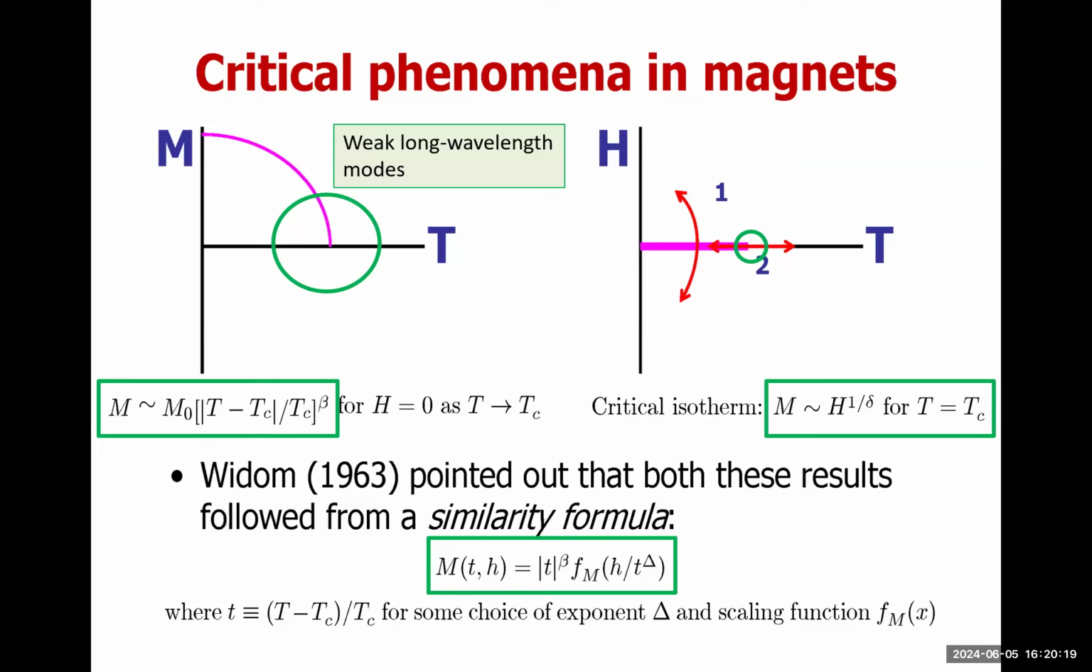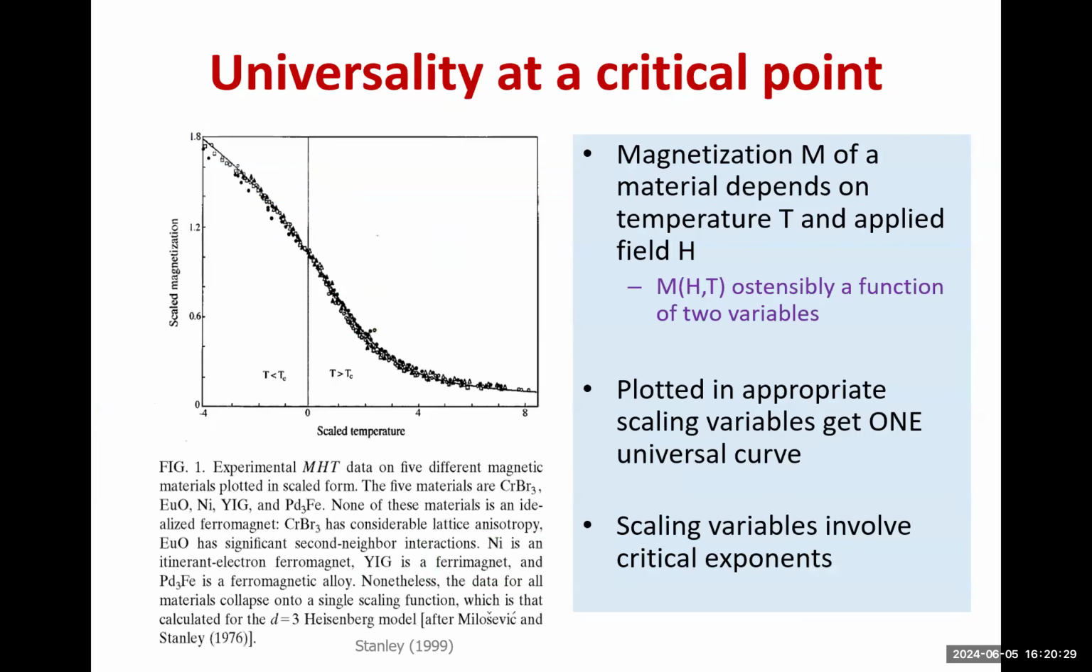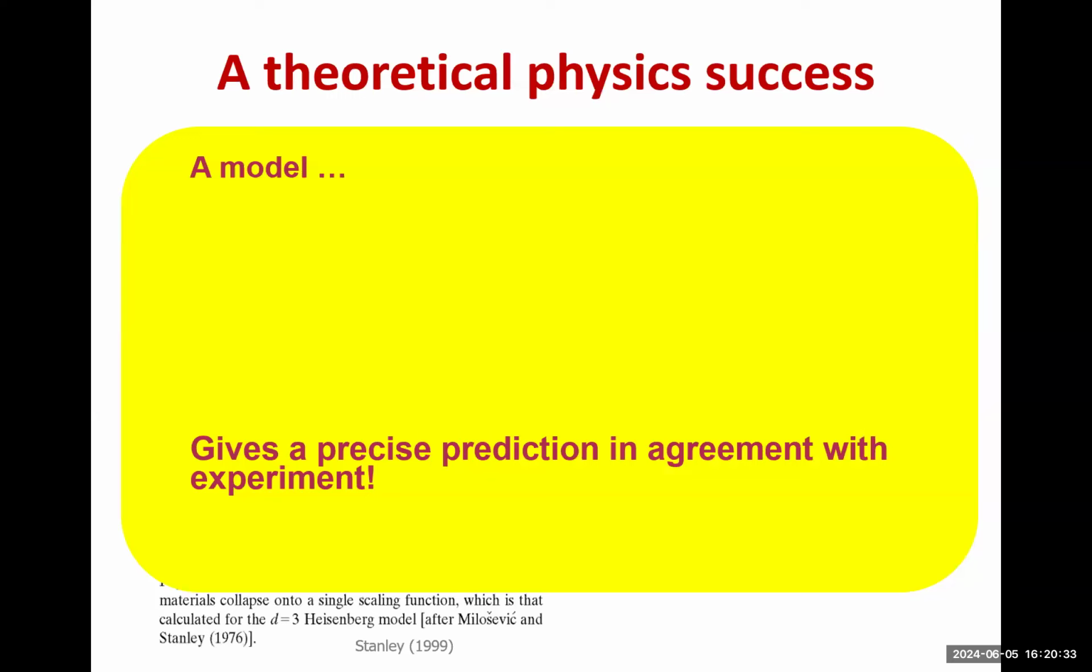Beta is about 1/3. And then Widom pointed out that these results come from the similarity formula, which we derived by the normalization group last quarter. And this is the curve I showed you before, showing how well that works. And so you say this is a great success. The Ising model shows you that we can make a precise prediction with experiment, but it's very, very weird